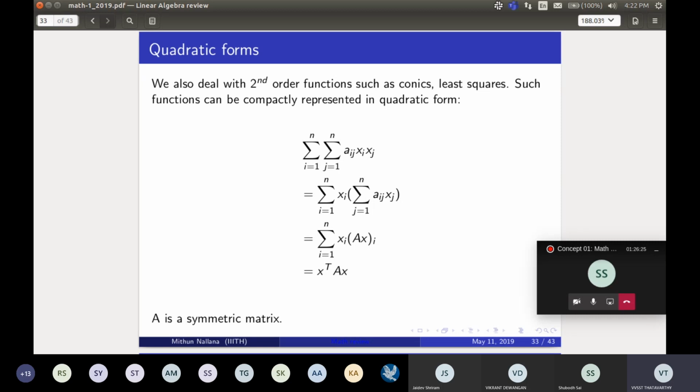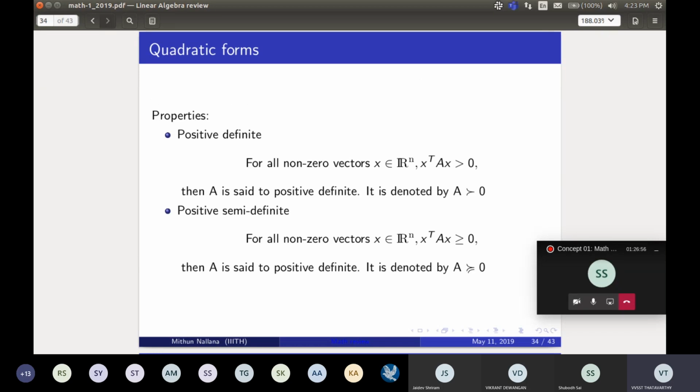Now if you take the quadratic functions in general in a 2D coordinate system, say a parabola, you can infer a lot of geometric properties: whether the parabola lies above the x-axis, whether it intersects with the x-axis, or what is the area of the intersection of the x-axis and the curve. So those kinds of different properties are there. Can we infer those kinds of properties from the matrix itself, because the symmetric matrix here represents the same quadratic function?